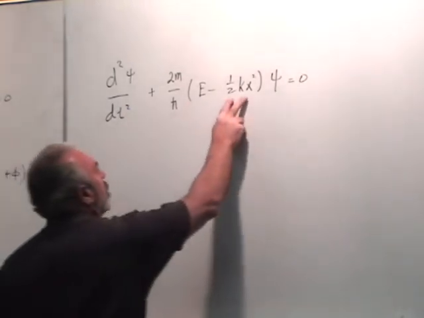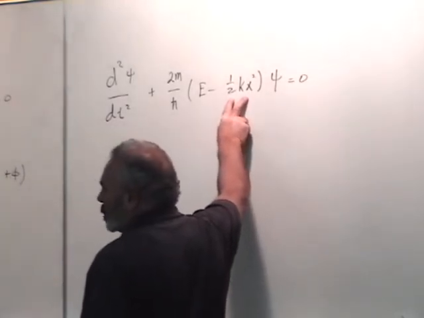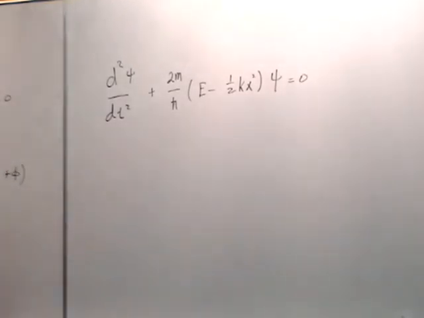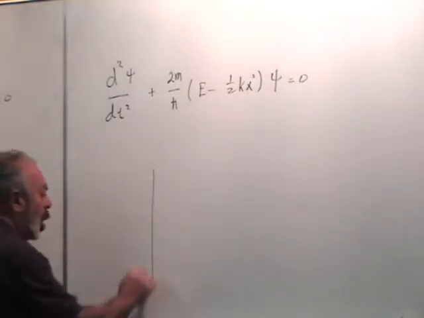Wait a minute, where did this come from? Right here, 1/2 kx squared. I thought it was kx. Potential energy of the oscillator. That's right, you have to do the work. You have to calculate the work. And in fact, you don't have to really do the integral, do you? Because you know that